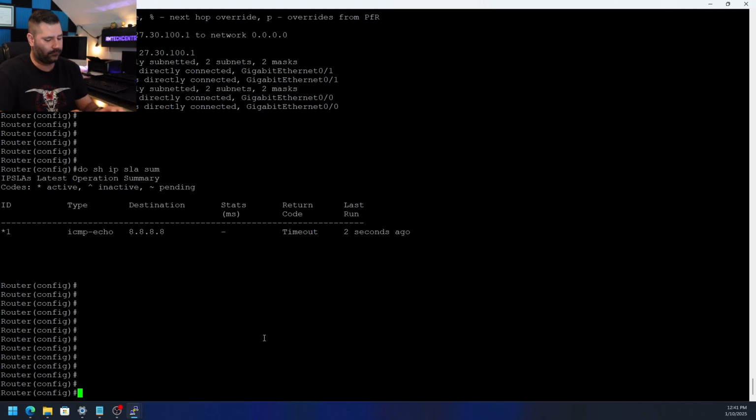Reason being, if we just stick IP route 8.8.8.8 in here, all traffic from the rest of the network that hits this router destined for 8.8.8.8 will only go out the interface for ISP1. And 8.8.8.8 is actually one of Google's DNS servers, so we would effectively take down a path to 8.8.8.8 in the event that ISP1 went down, because that route would be sitting in the router's routing table, and then any packet